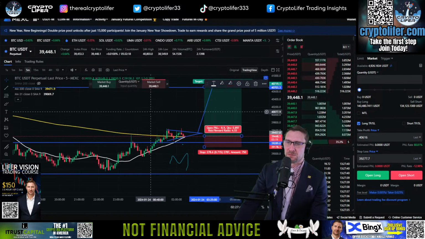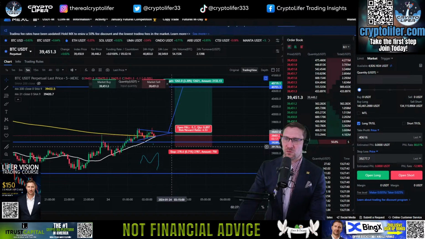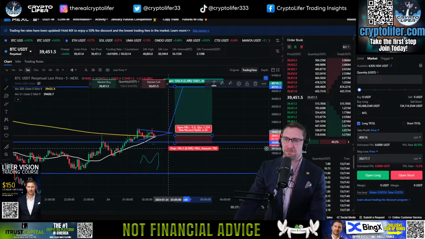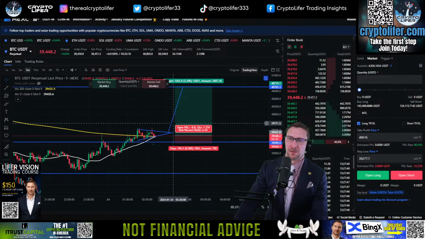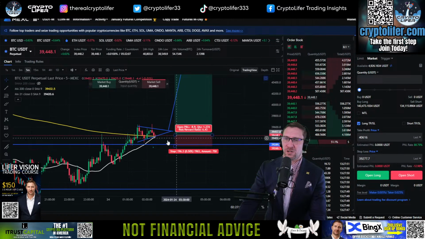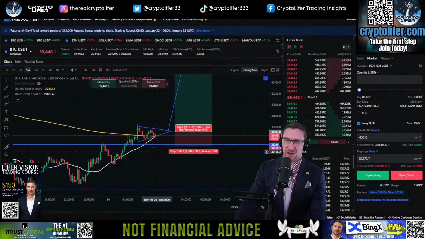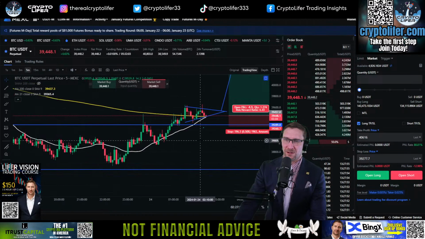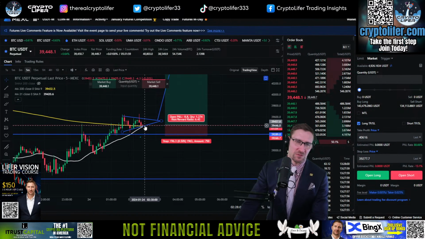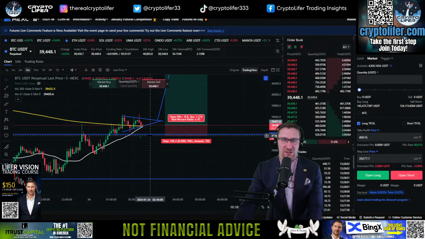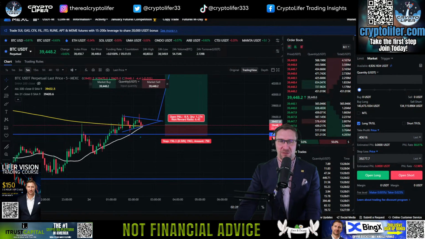You see? The fact that the 21 wants to cross tells me that we're going to pump, because usually the 21 will front run that idea. Boom. But it is an M pattern that should break to the downside, right? I know I'm giving you 2 different ideas. That's why I love the 5-minute. In the next 20 minutes, we will have 4 candles, and we'll be able to get a pretty good idea of what's going to happen.